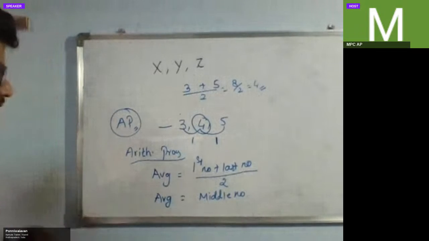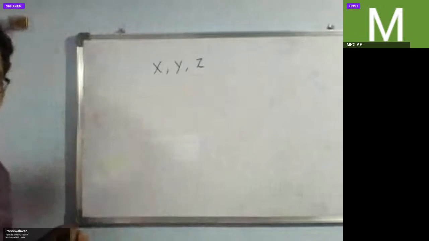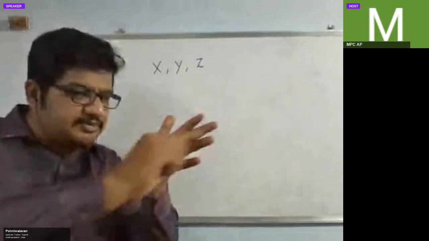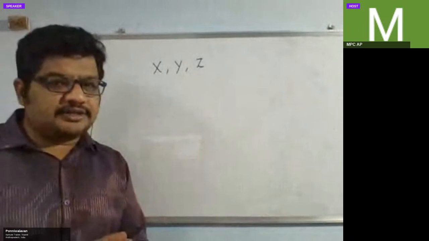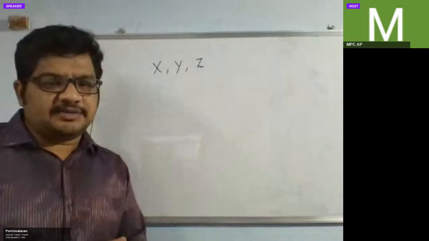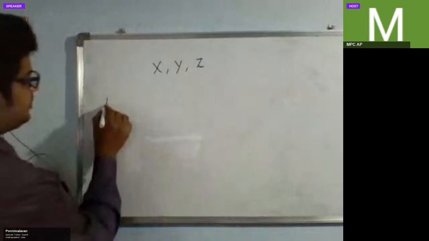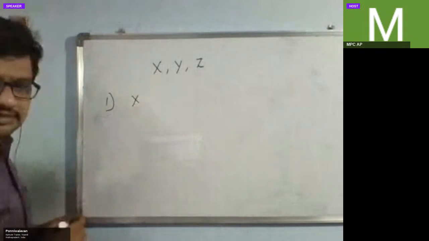Okay. Now, listen. They are telling that it is a consecutive number. Consecutive number means continuous number. Continuous number means, is it AP or not? Yes. Okay. From the first clue, they are telling average for